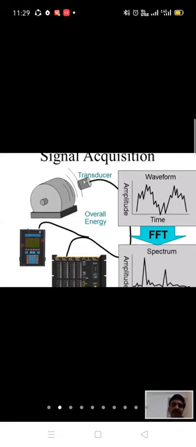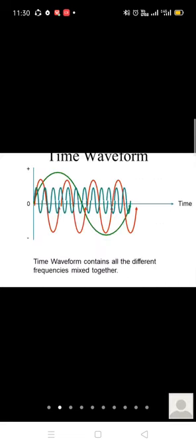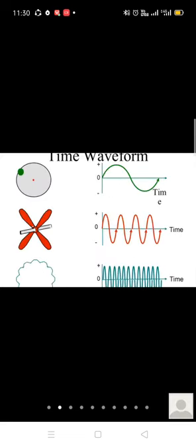This is the basic technique of how we take it. This is rotating. We put a transducer. We get a time waveform. Now we will convert it into FFT, the frequency domain. We use the fast Fourier transform technique. There we can know the number of frequencies we are generating. So the frequencies give the vibration data. For example, in this case, if we are getting vibration at around 12,000 hertz, we can say it is coming from the gear teeth.